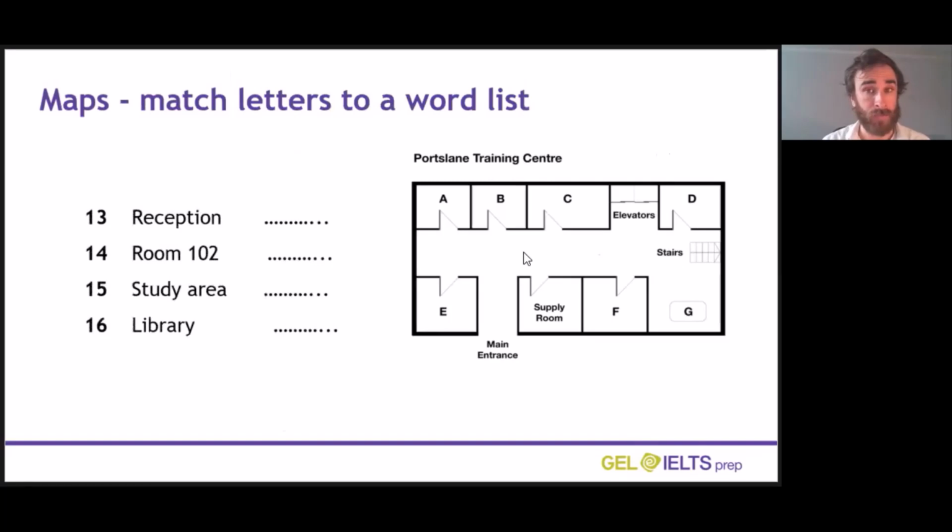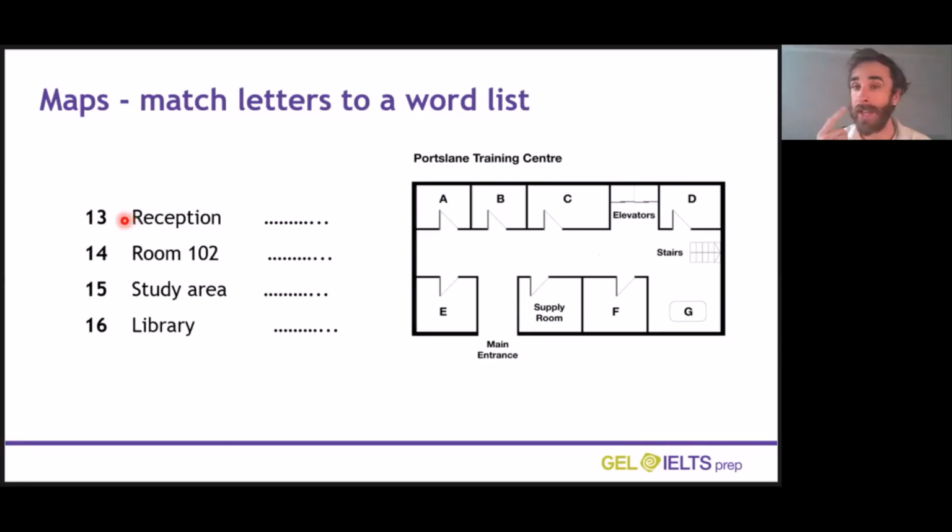The question has 4 rooms, and you need to identify which letter matches which room. Now, of course, there are more letters than rooms, so some of these letters are distractors. They are not correct answers. One thing that can help you is the fact that the recording will go in the same order as the